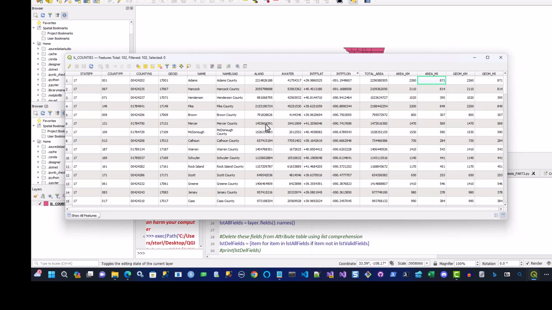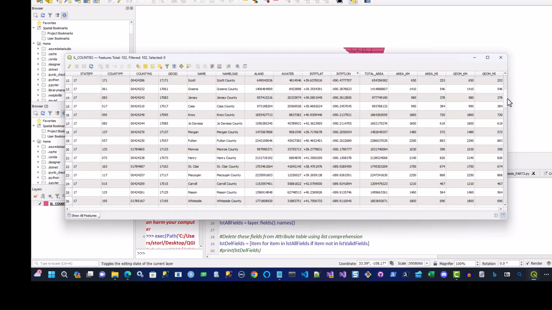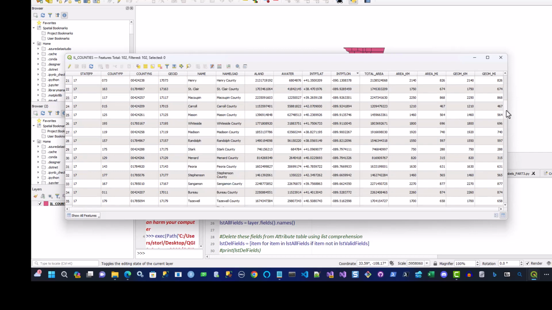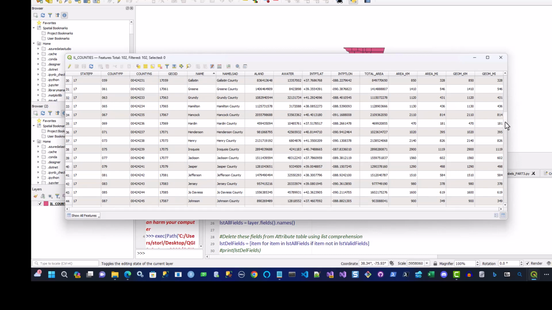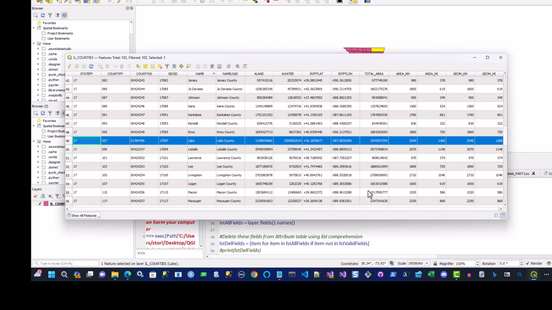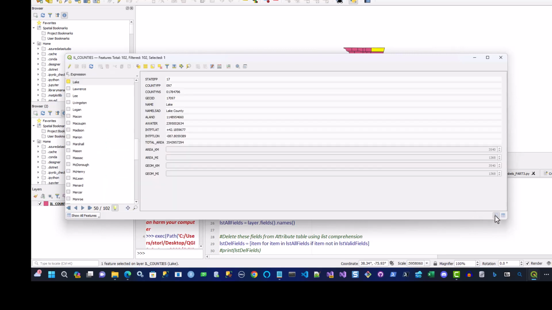So if I look at something like, let's find one that I'm very familiar with. Let's go to Lake County. So let's sort this, and let's find Lake County. And here's Lake. Let's bring it up in the form view. So if you look at Lake here, you can see that